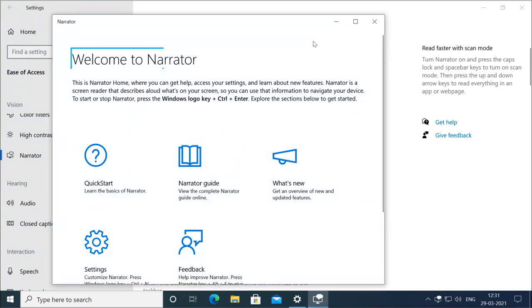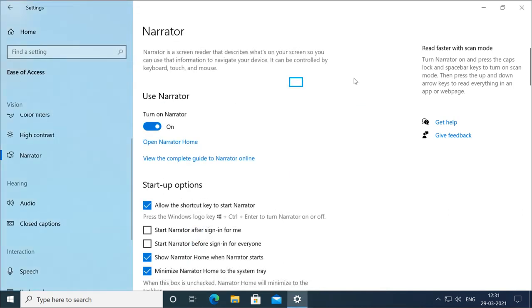Scan. Narrator heading level 1. Welcome to narrator. This is narrator home, where you can get help, access your settings, and learn about new features. Exiting narrator. And it is exited. So after enabling the narrator, whenever you tick your mouse, whenever you hover your mouse, it